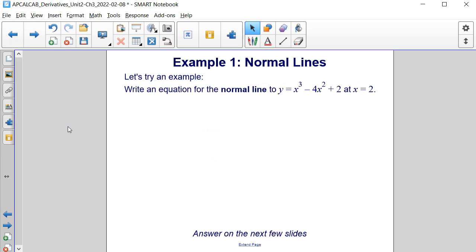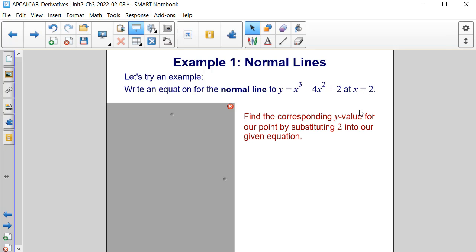Let's try an example. Write an equation for the normal line to y equals x to the third minus 4x to the second plus 2 at x equals positive 2. Well, in order to find the equation of any line, you need both an x and a y coordinate. So let's work on finding the y coordinate first by substituting 2 into our function in place of x